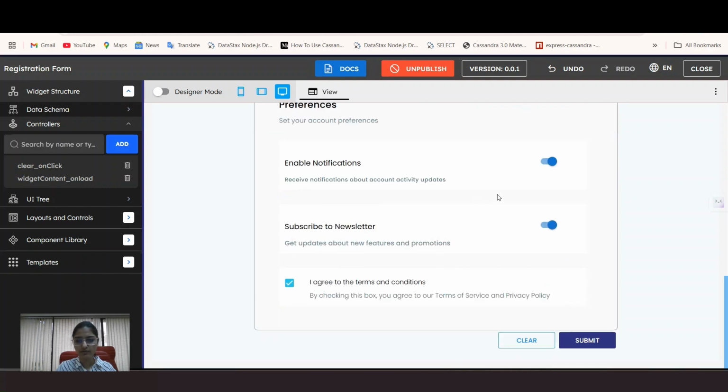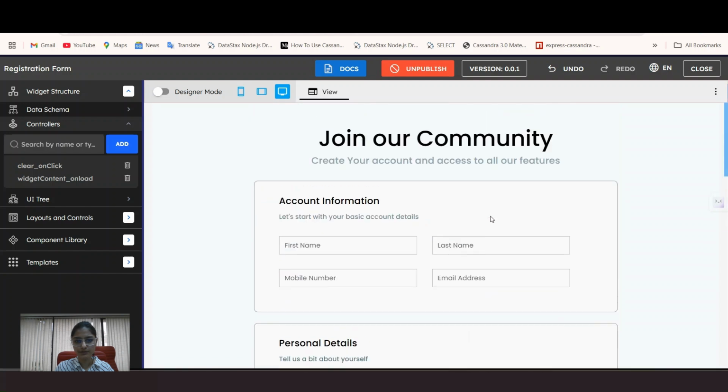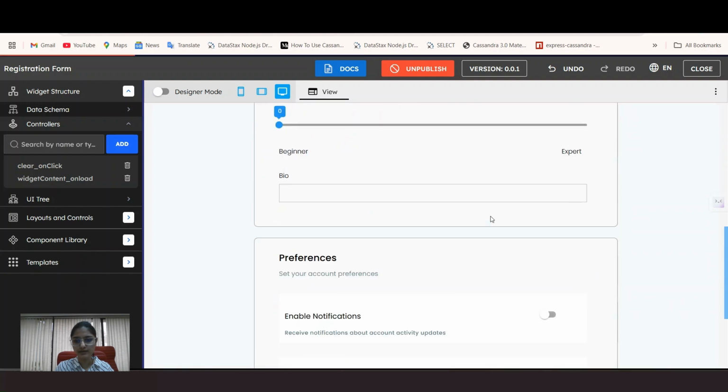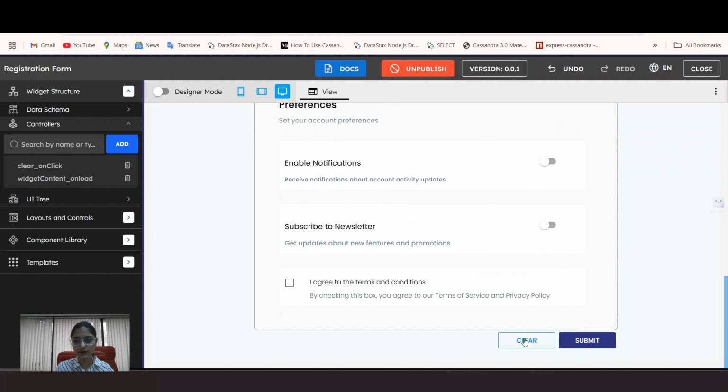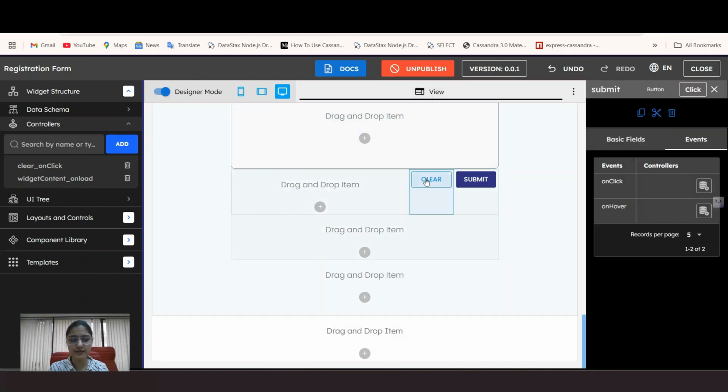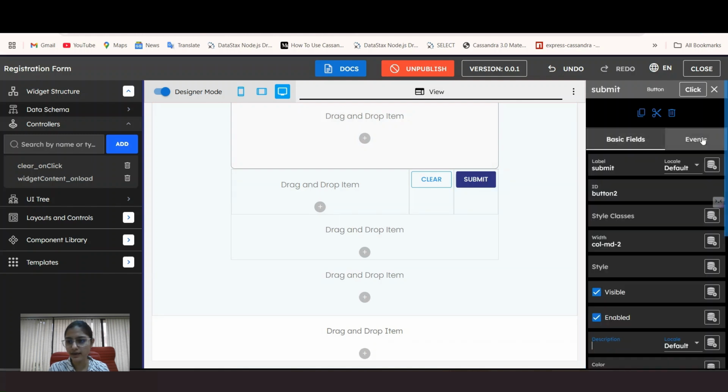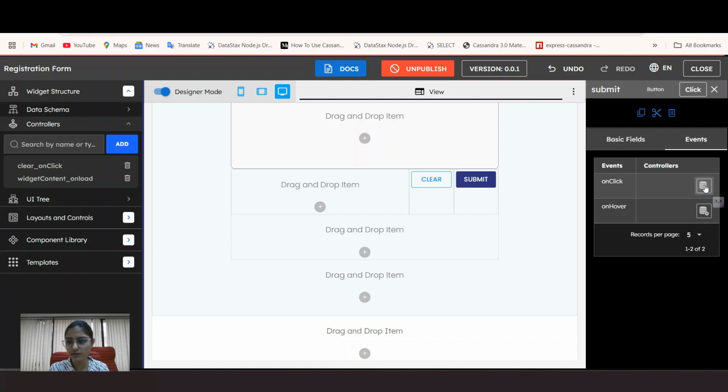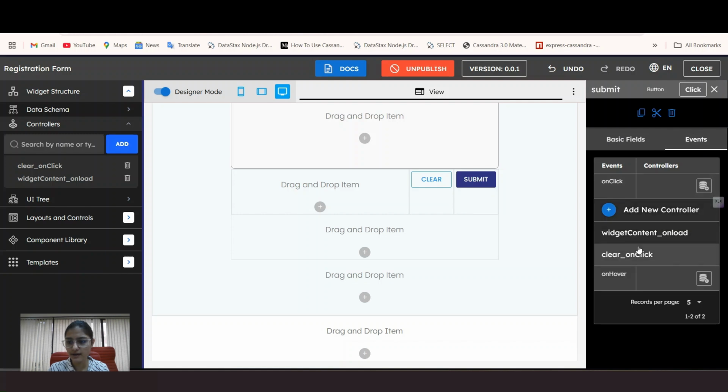So now we have entered all the data, and once we clear, it must clear all the data in the form. So here it is. Our event handler is working correctly for clear. Now next, as we have seen the clear function, similarly on submit we will add an alert that the form is submitted successfully. So for that, click on this submit button and go to events, click on click, add the event handler,